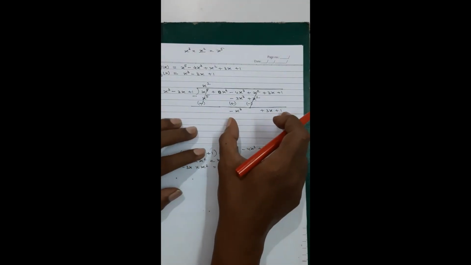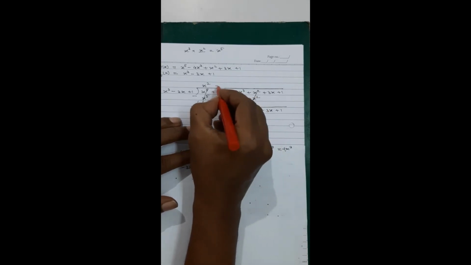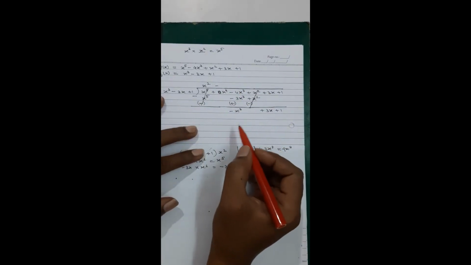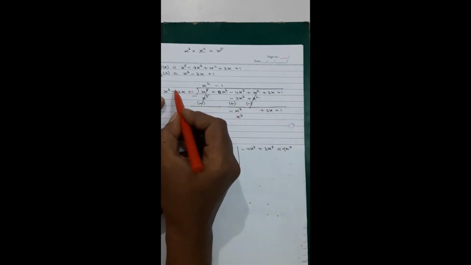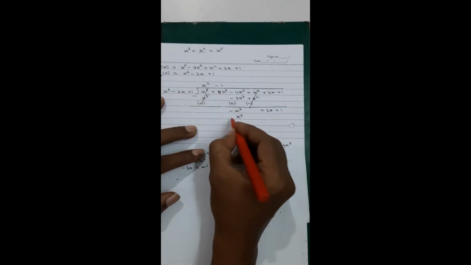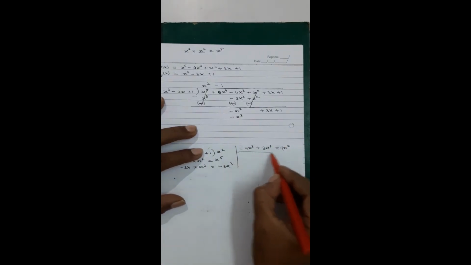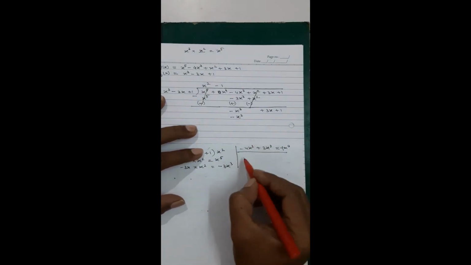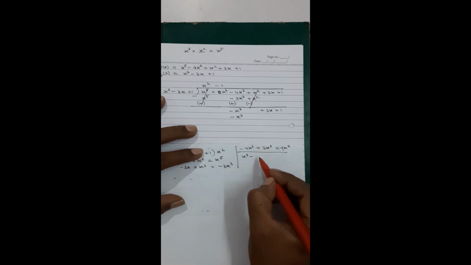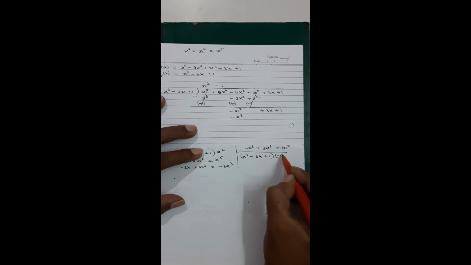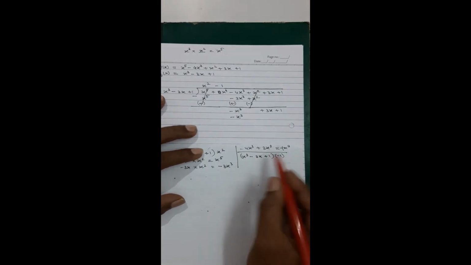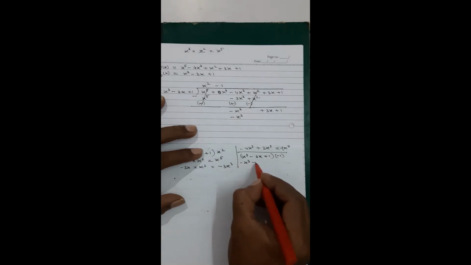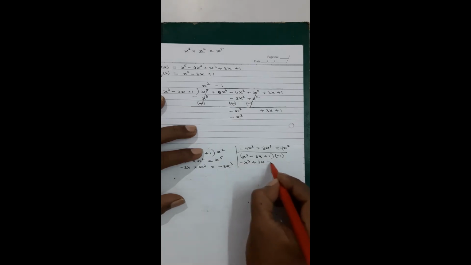Now I have to start this division. This minus sign I will bring it over here. x cube into, of course, 1 will give me x cube, but then plus minus minus, this is going to be minus. Now again I have to do the same thing. See my dear students, x cube minus 3x plus 1. When I multiply anything with negative 1, everything is going to be the same, but because of this minus sign, all the signs will be changing. That is the only difference that will be seen.